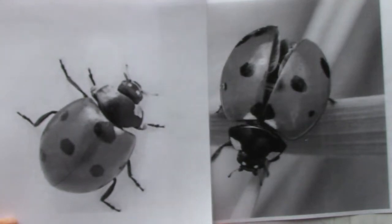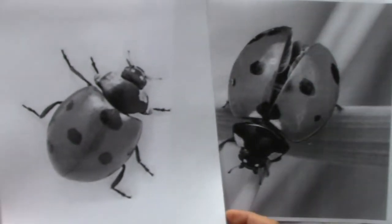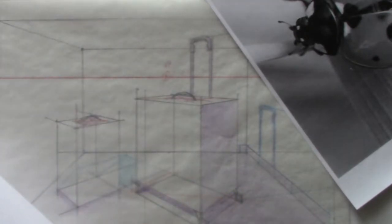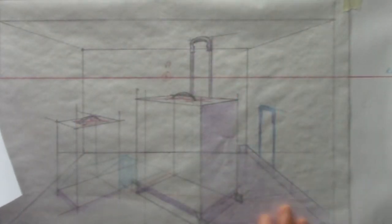The next step in our project is to find reference material. And as I mentioned, I'm going to make my luggage into ladybugs. Mother ladybug and a baby ladybug. Two little ladybugs. Before we get there, I'm going to do some thumbnails, but eventually we're going to put a piece